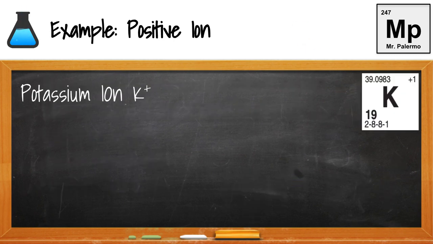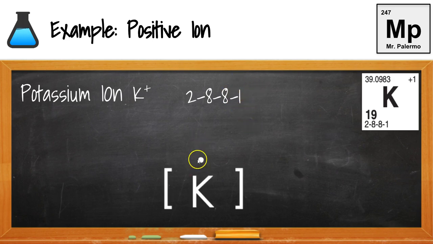Let's look at an example of a positive ion. So all positive ions will look very similar to this, except for the fact that the symbol and the charge will be different. So potassium has 1 valence electron. And here's our configuration, 2-8-8-1, coming from the bottom of our element box. So the atom would have 1 valence electron, as indicated here. So to show that this is an ion, we put brackets around the symbol, and then to indicate that this valence electron number has been lost,